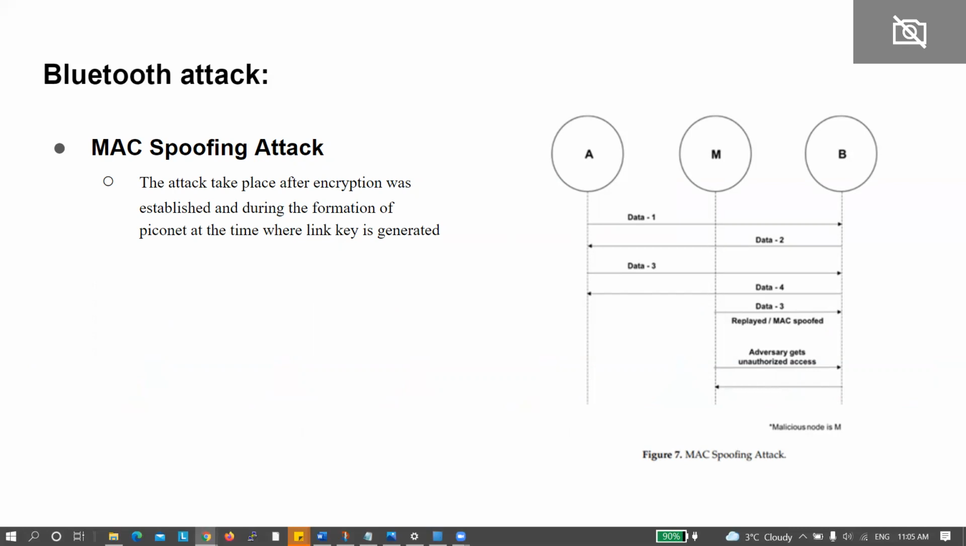Hackers can track at any time of the pairing process, either after the device got paired or at the time of pairing. Some of the few attacks of Bluetooth are the MAC spoofing attack. The MAC spoofing attack takes place after the encryption was established. So it's during the formation of the piconet, at the time where the link key is generated. The link key is used for authenticating the device, and it is the same as a man in the middle attack, where the hacker imitates another user,